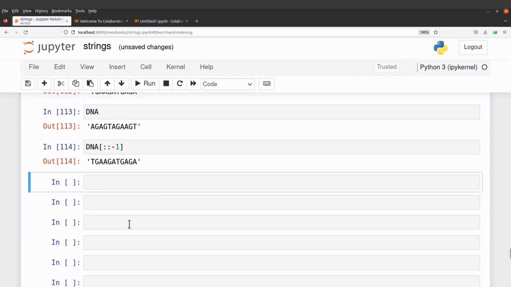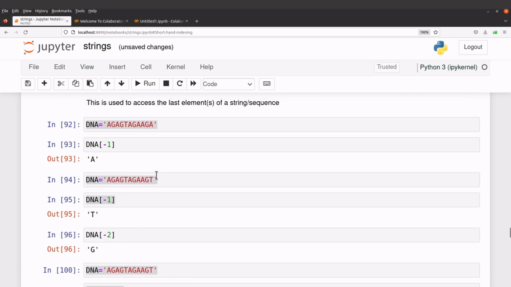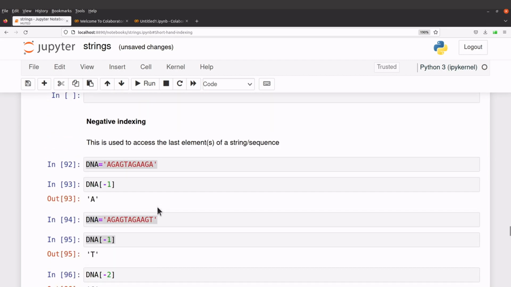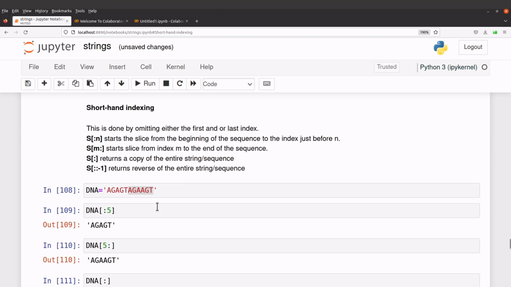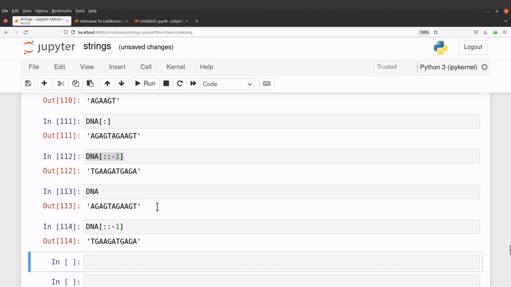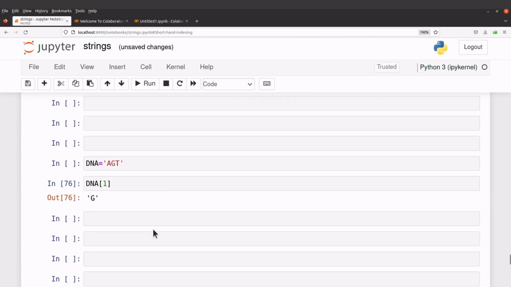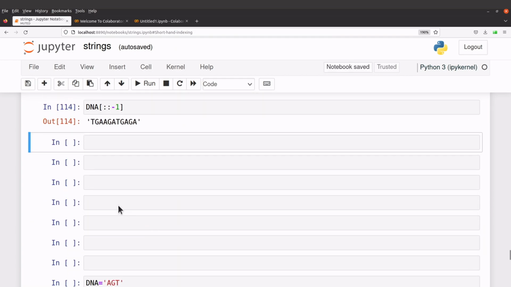That's the reverse sequence. The reverse sequences I've also covered in detail in another tutorial, so just go to the description box and you'll find the link to that video there. For some of the sections and parts I've made detailed videos, so if you want a detailed explanation, just check the appropriate video and use them. Okay, so this is for the other one. Now let's check